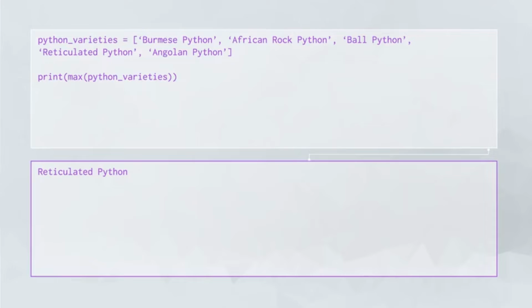alphabetically. That's reticulated Python for this list. R is the largest letter alphabetically. In other words, greater than B, A, B, and A. This works because the max function is defined in terms of the greater than comparison operator. The greater than comparison operator is defined for many non-numeric types. If you're working with objects that can be compared with this, then you can use max on a list of the objects. For strings, the standard comparison is alphabetical, so the maximum of this list is the element that appears